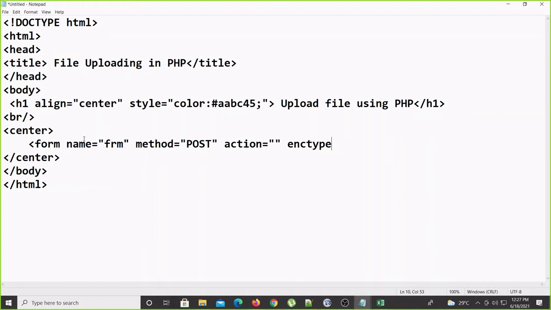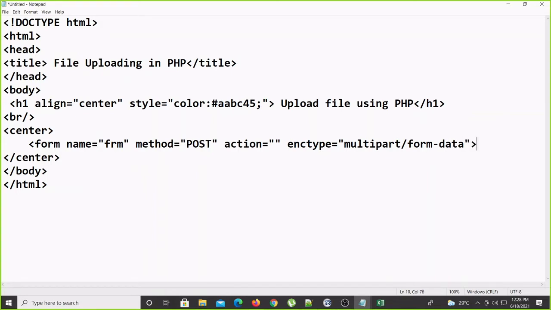You can submit and get a message also, but the file will not upload at all. So enctype, encryption type, equal to multipart/form-data.